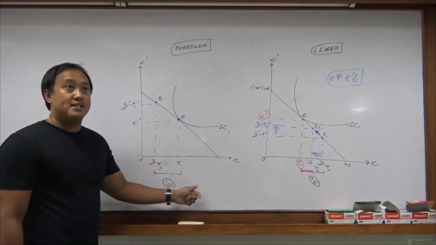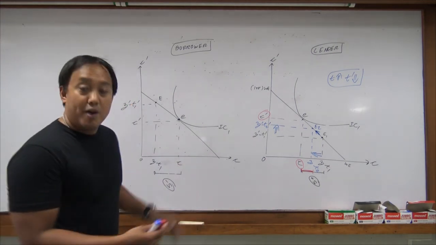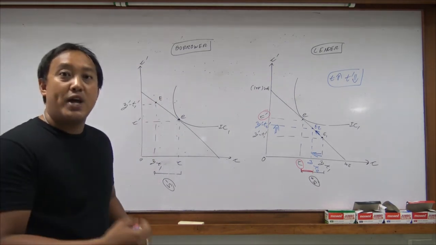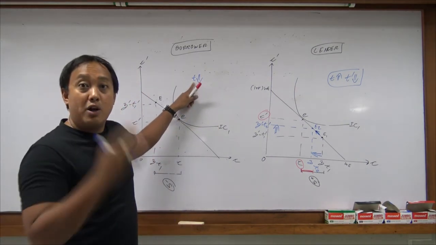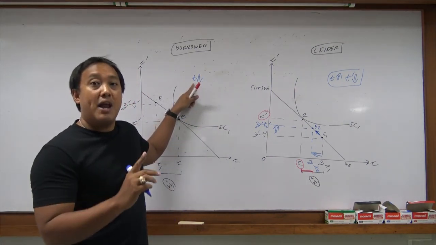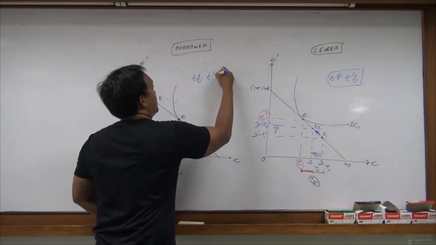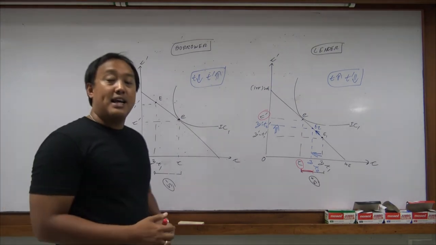Come to the second case. This is the case of the borrower. For example, if the government taxes us less today, lowers the tax today, it implies that they're going to tax us more tomorrow. So T prime is going to increase. So in this case, what does it mean?